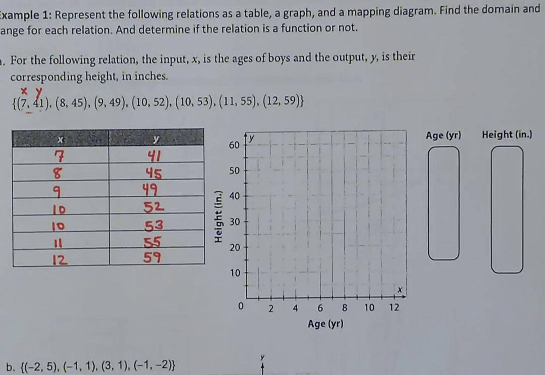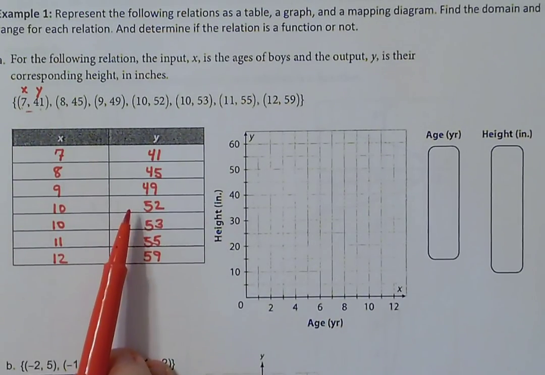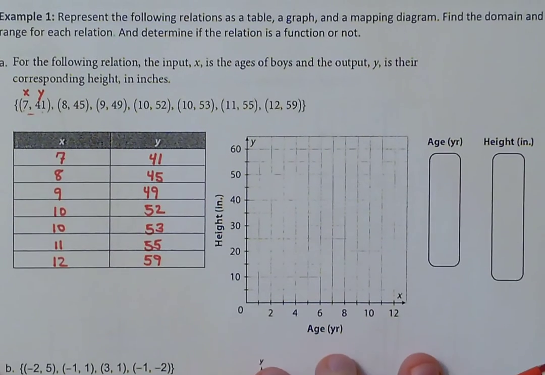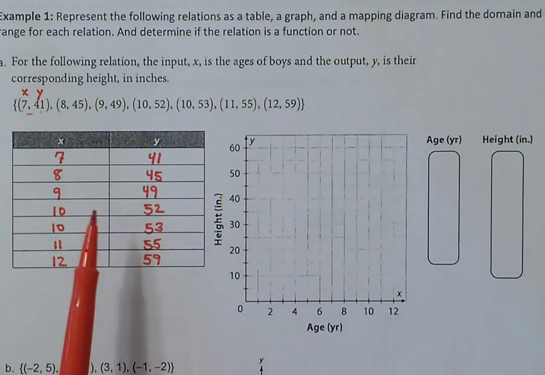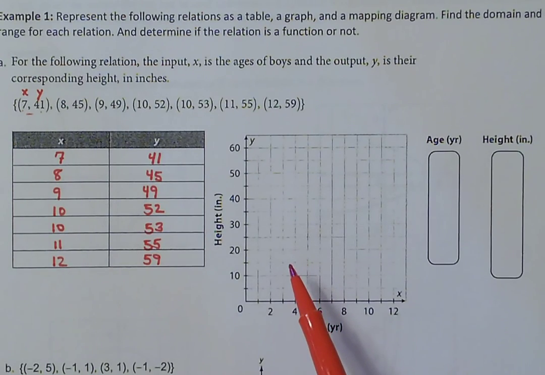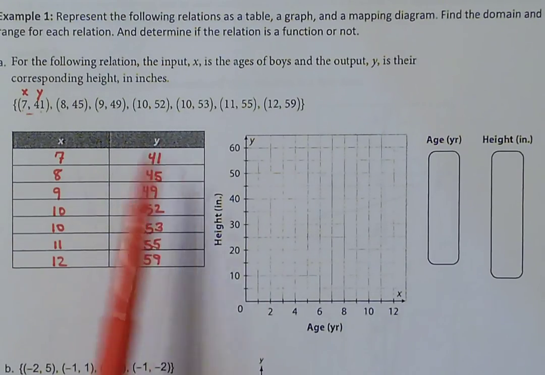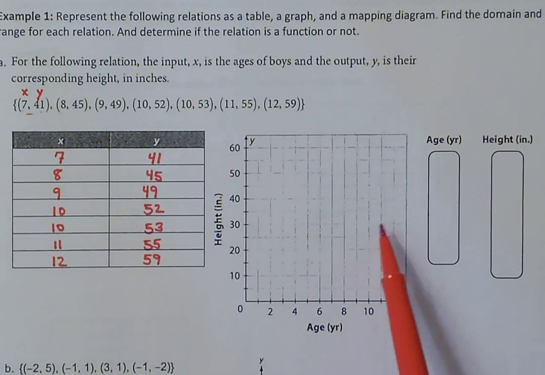And that is how we're going to represent our relation as a table. So that completes the first part, creating a table. The next part is going through and creating a graph. For our graph, we're just going to take our table or our ordered pairs and plot each of the